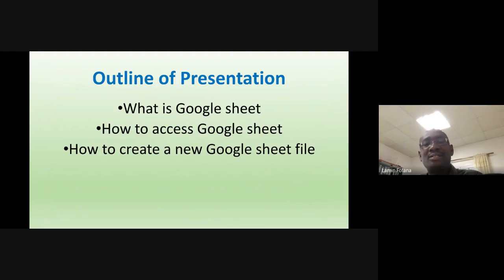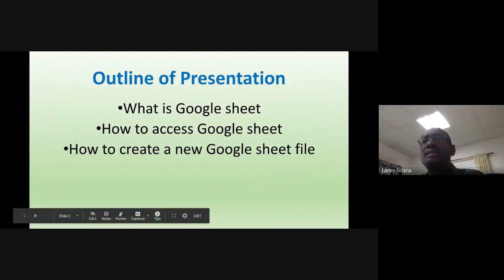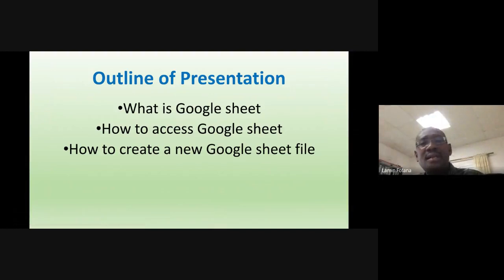So we're going to look at what is Google Sheet? How do we access Google Sheet? And how do we create a new Google Sheet file? That's what we're going to go through. Right. Before we look at Google Sheet as it is, I would first like to say